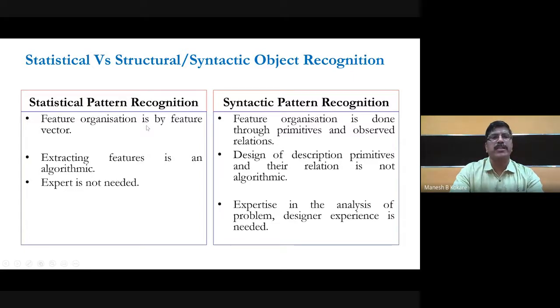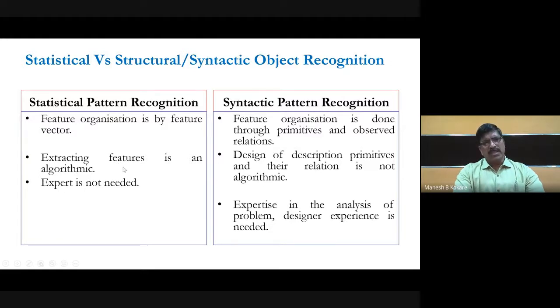So feature organization is done by the feature vector, whereas in the syntactic approach, organization is done through primitives and observed relations. Like for example, you can extract the feature vector of this class by arranging the primitives and their relations, right? Whereas simply in case of the statistical approach, you have a simple feature vector which is numerical and so on.